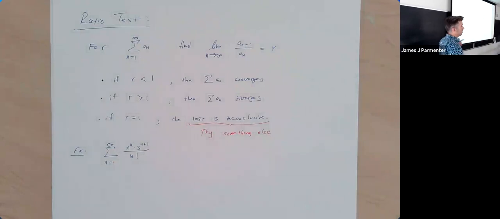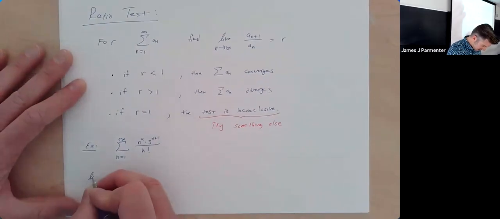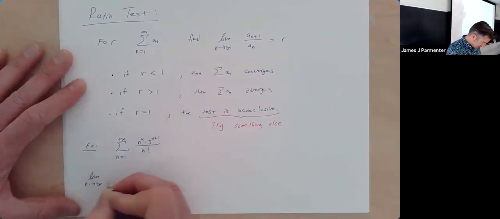If you see a factorial specifically, you should almost always, so there's a couple of examples that don't, but almost always, the ratio test is where you go first. Maybe it won't work, but you should always try the ratio test if you see a factorial in your series. So we're going to do the limit as n goes to infinity